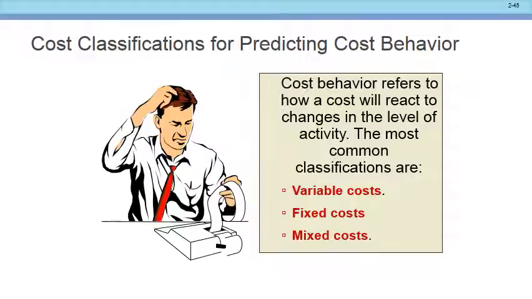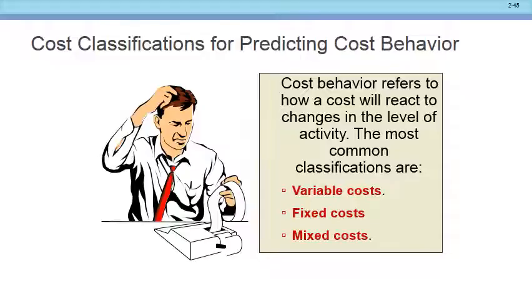Okay? Think about your cell phone as a better example. What happens with the cell phone? Even if you never use 1 minute of time, they're still going to charge you a monthly fee just for the right to have the cell phone, aren't they? So a cell phone has a fixed component, and then the more you use it, it starts to have a variable component, doesn't it? So we call those mixed cost. With mixed cost, there's a fixed component, and then as the activity starts to go up, there's a variable component as well. We call that mixed cost.